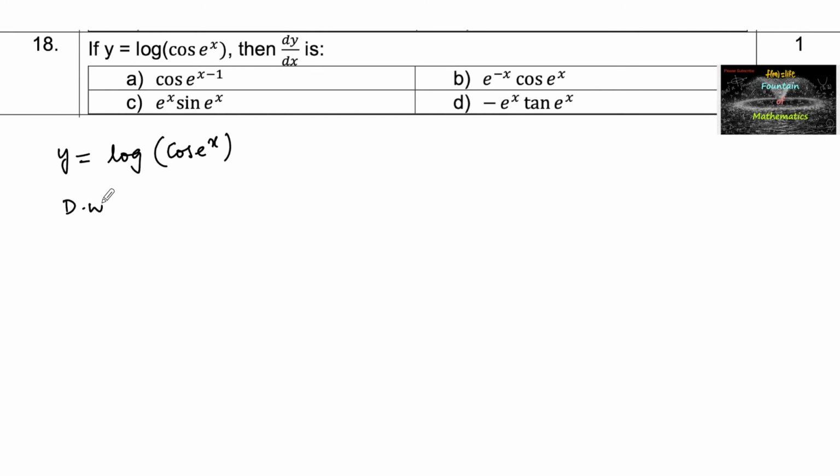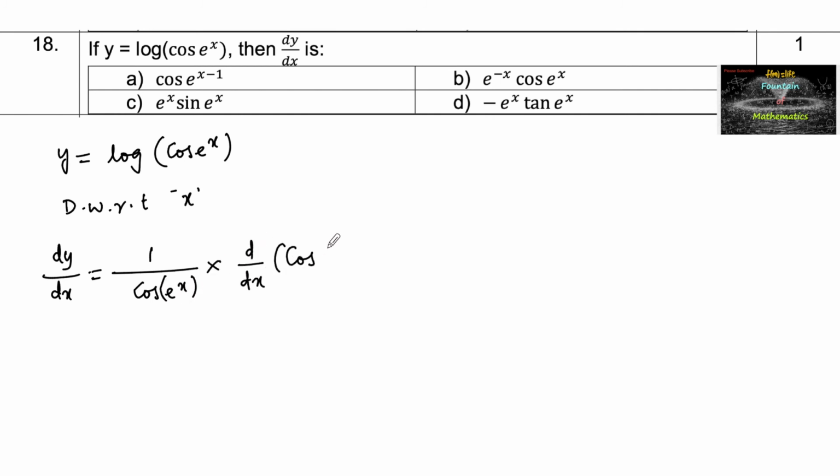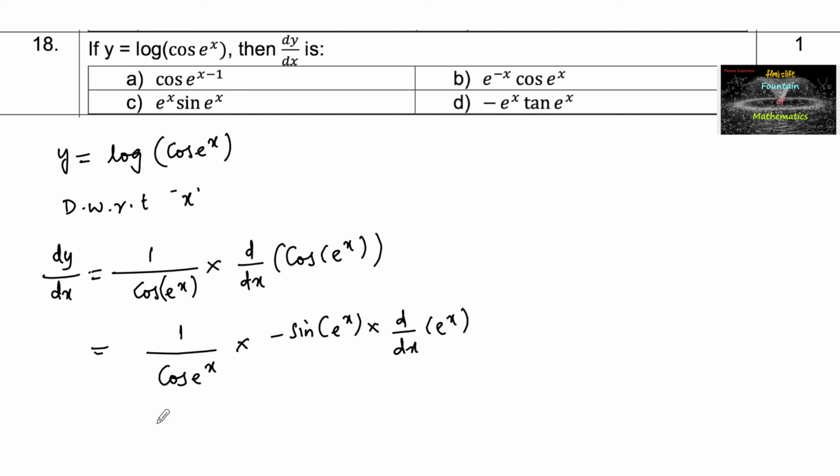So differentiate with respect to x, so dy by dx is equal to, by using chain rule, first function differentiation of log, that is 1 upon cos of e power x, and again d by dx of cos of e power x, which is equal to 1 upon cos e power x into differentiation of cos of e power x, again using the chain rule, cos function gives minus sine of e power x into again differentiation of e power x,